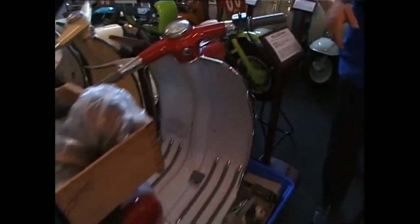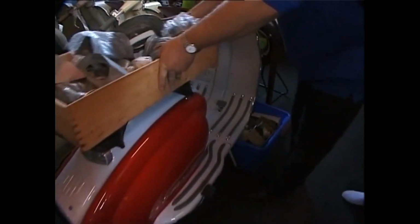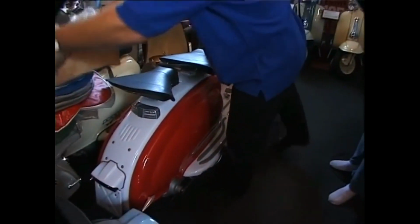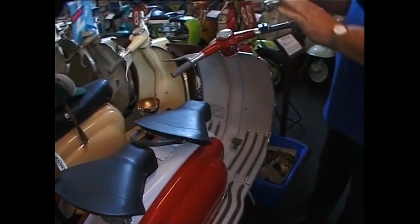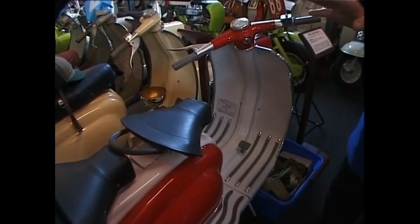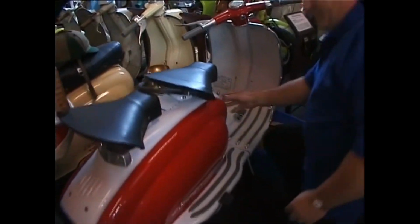And the 125 version, which you can see over there, and the 150 version, which is here, is restored, was the same looking scooter. Let me just show them. You have to excuse everything because we have a lot of parts here as well as the scooters. This was a 150, although looking at it, it's very similar. The engine was completely different. And if I take a panel off to show you,